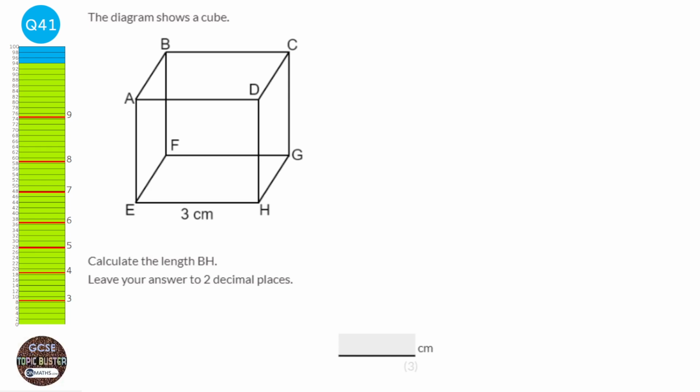So we're going to split this up into 2-dimensional triangles. I'm going to start with a triangle down here. Let's just draw that triangle in. And we've got 3 at the bottom. Now we actually have 3 down this side because it's a cube, so all lengths are exactly the same. And we're looking for